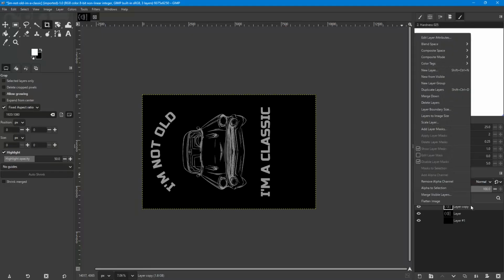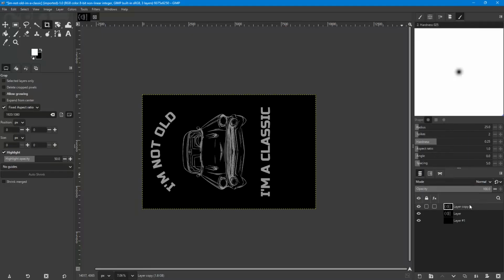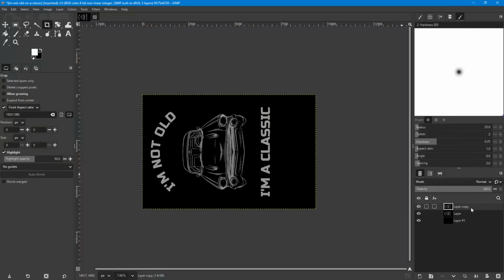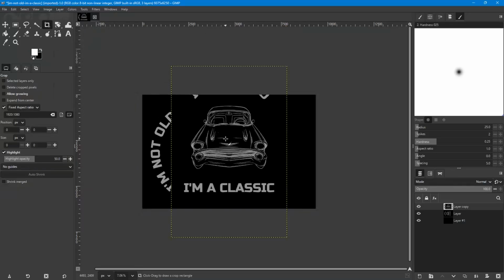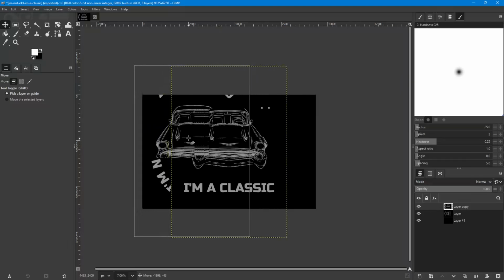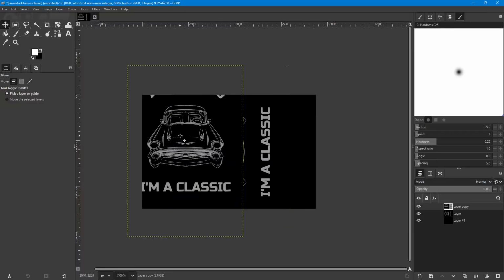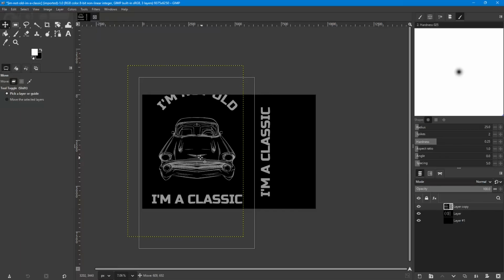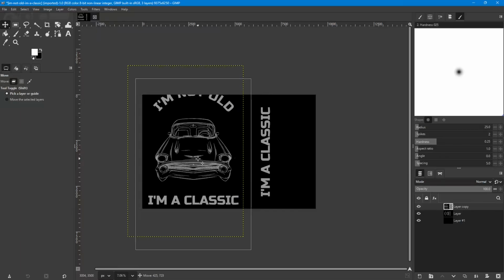So now if we wanted to rotate this layer, we would click on it to select it, and then come up here to layer, transform, rotate 90 degrees clockwise. Then I can grab my move tool and just slide it over here like that. And actually that doesn't even fit all the way, so I would still have to scale down